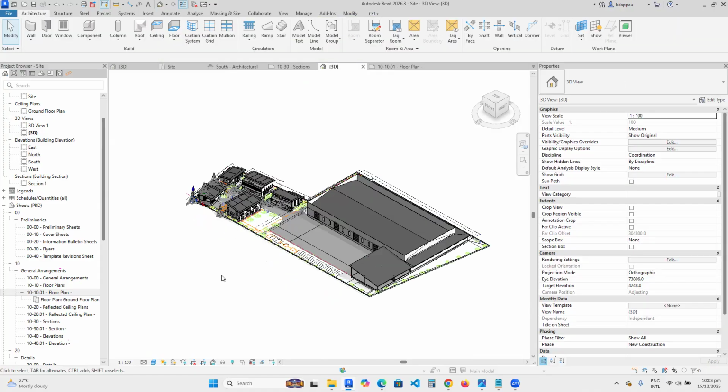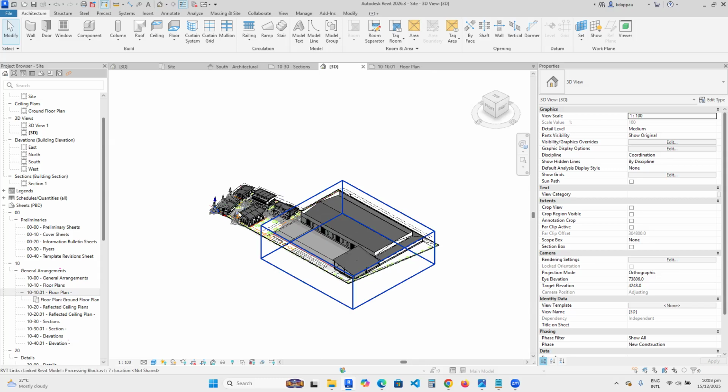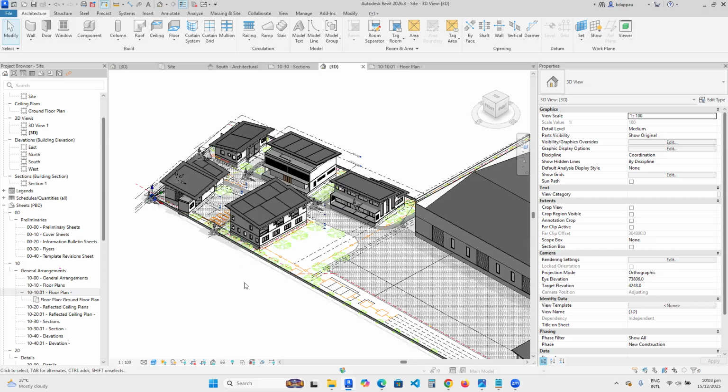Do you understand? The building doesn't need to be very complicated. It doesn't need to have a very complex building form. But you should be able to do something like this. If you cannot do something like this and then document it, and if you are looking at such a project,